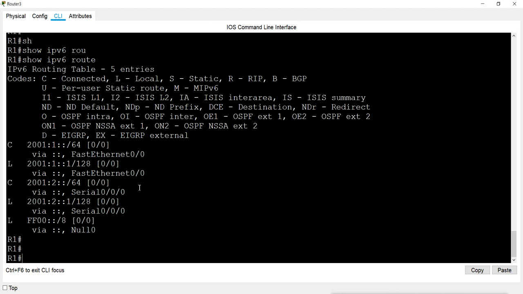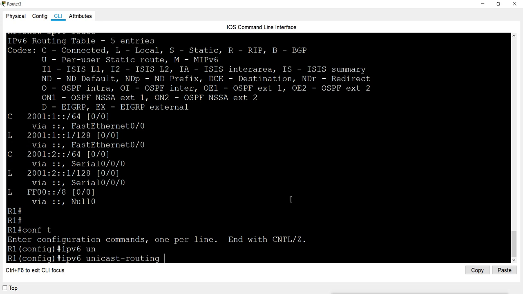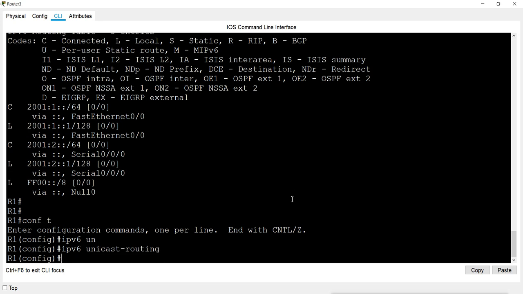As you see, it is right now only showing the connected networks. So I will go to config mode, and the first command you have to give is ipv6 unicast-routing. I have already given it when I was doing static routing, so again I don't have to. But for dynamic routing, if you are doing it directly, you have to give this command.